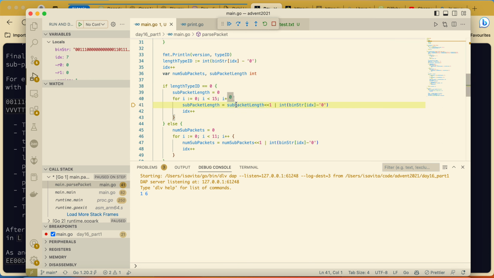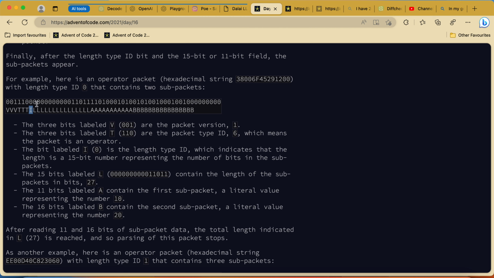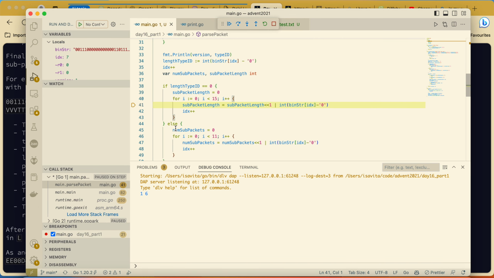Here we have 0, and here at index 7 we also get 0. If we move our length, continuing to be 0, we move again, we move further and further.